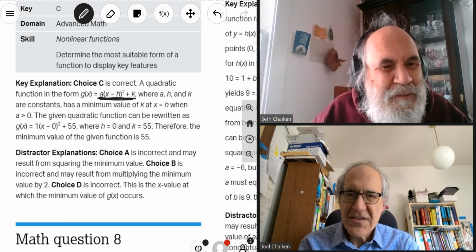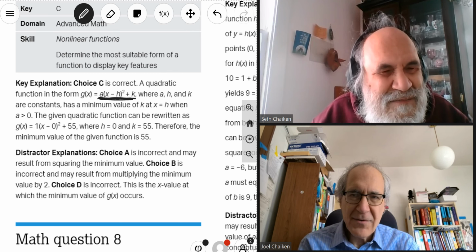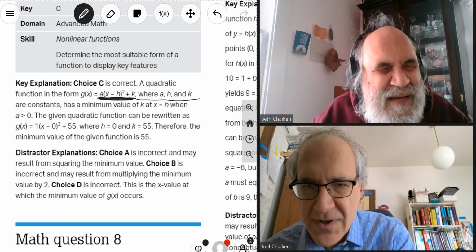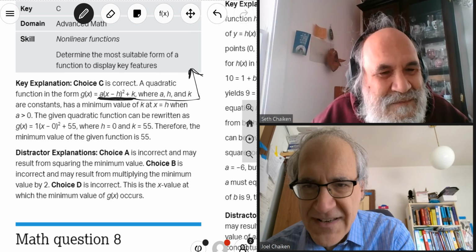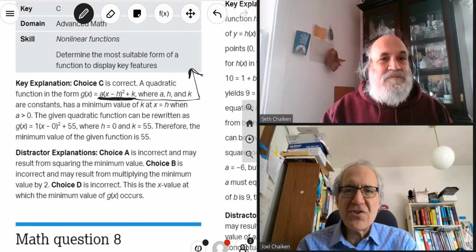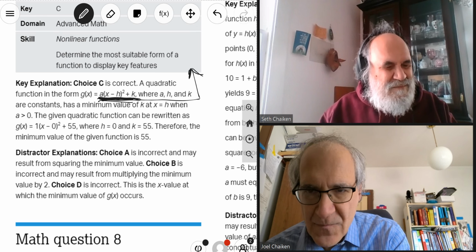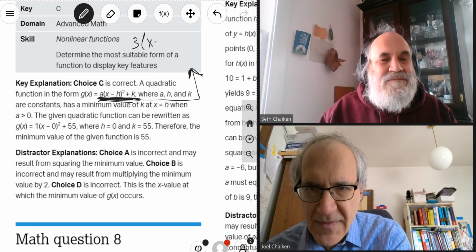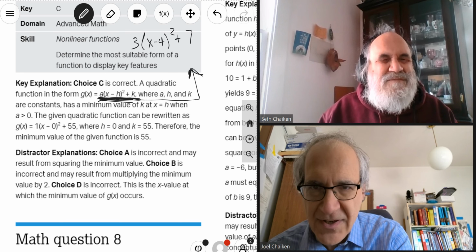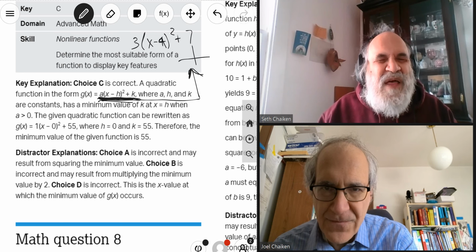Yeah. So they go full blown. They go a little overboard, because this is the vertex form. It was really not necessary to get into it, but they certainly want you to know that a parabola can be written in this form, where this would be 3 times (x minus 4) squared plus 7, and they want you to know that the vertex, which is the minimum or the maximum of the parabola,